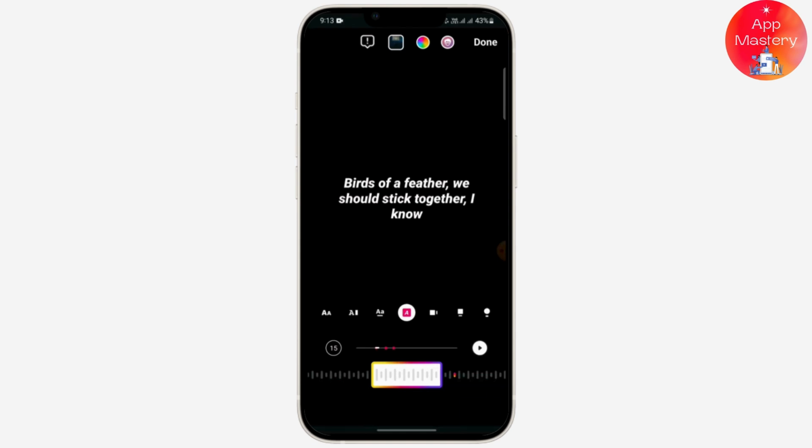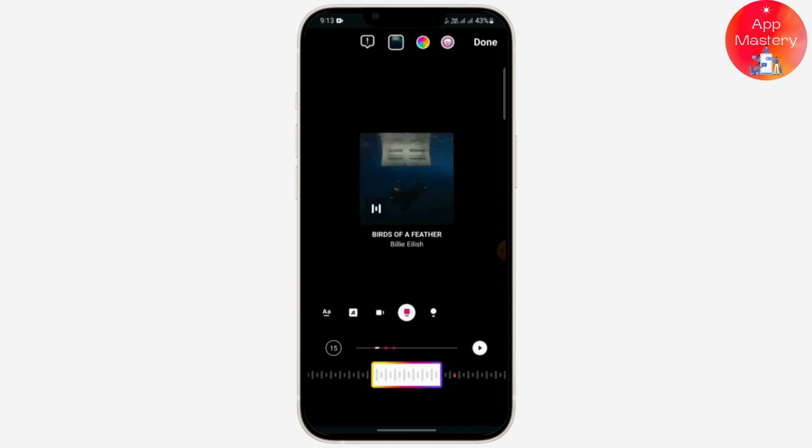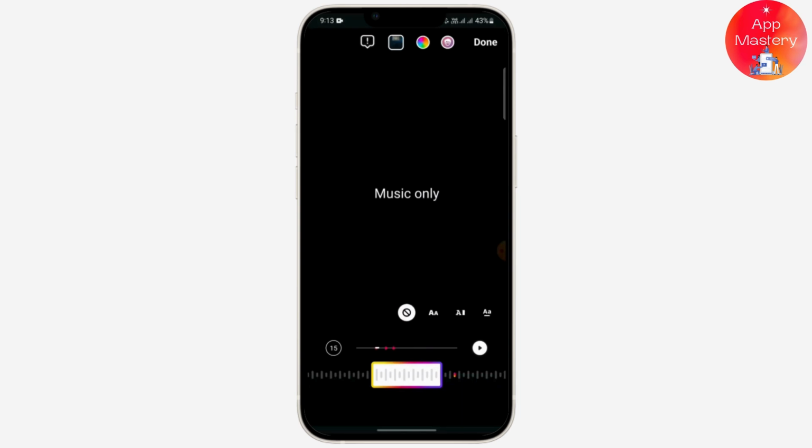your phone. That may be about 30 to 60 seconds, and you can add music according to the time of that video. And after that, add the song on it. You may just choose lyrics if you want. After doing that, adding the music, you may just tap on done and save the music and go back to